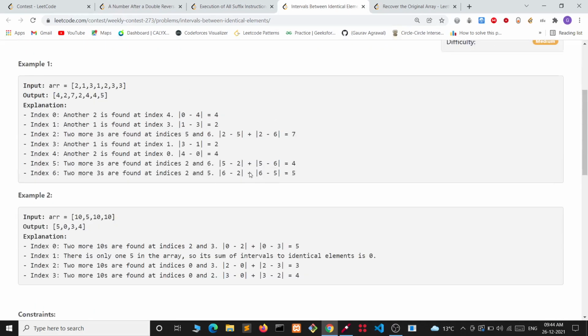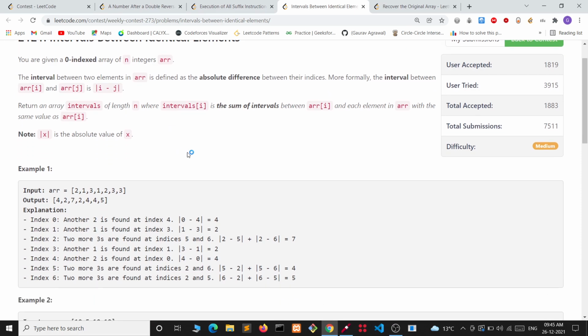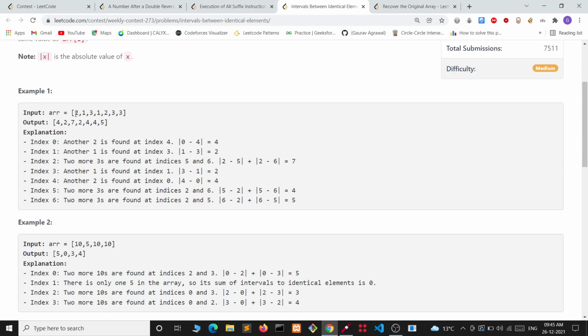Let's see the third problem. In the third problem, we are given an array of n integers and the interval between two elements in the array is defined as the absolute difference between their indices. Like, let's say this is the example. We can see this 2 and this 2.